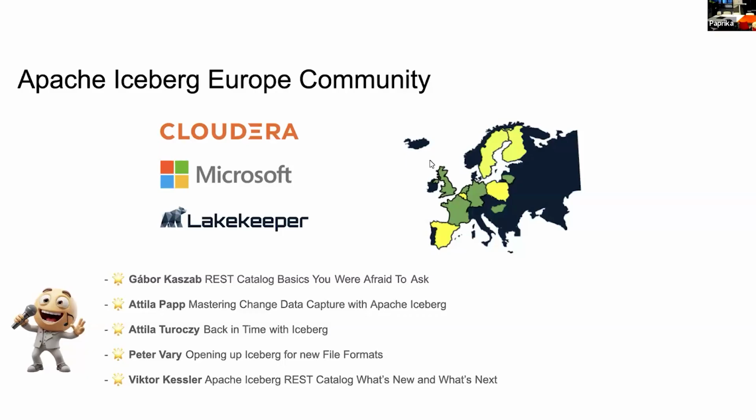A very quick introduction about the Apache Iceberg Meetup. Many of you probably know what Iceberg is, and many of you are trying to get all that information. I was speaking to a couple of you, and if you need information about Iceberg, you need to fly over to the Bay Area. That's why we started to create the community here in Europe, going country by country. You can see on the colors here, the green ones are where we already had a meetup, and there are some yellow countries.